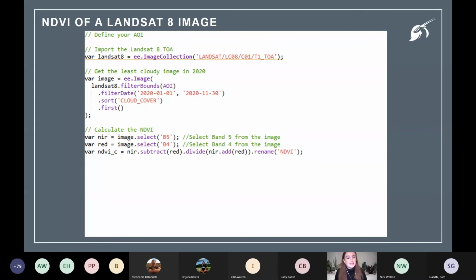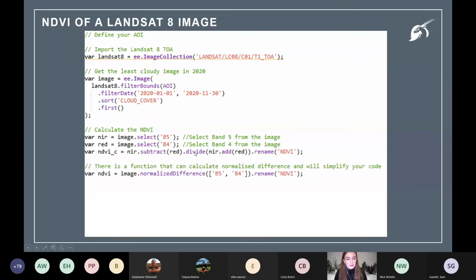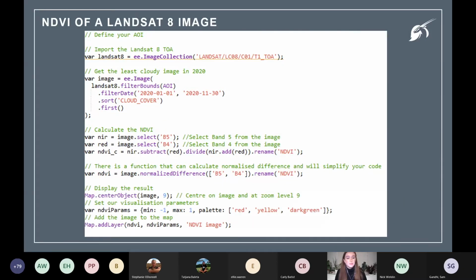And then we'll select the bands from our image. So that's band 4 and 5, red and near infrared. And we'll calculate NDVI using the usual equation, and we'll rename this new band to NDVI and then display the resultant image using this. But a really handy tool that Earth Engine